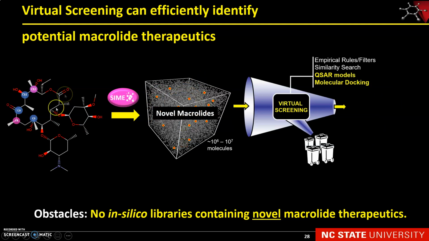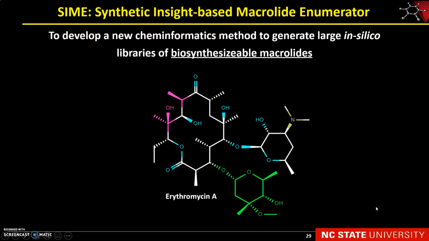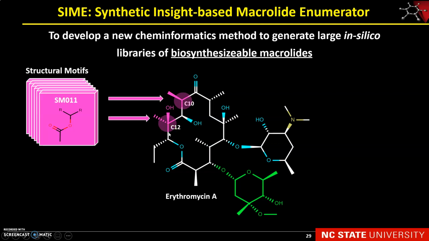So we use this knowledge from multiple different fields and try to design novel macrolides based on it, so that we can find drugs like azithromycin and clarithromycin in a very efficient manner. So in SIME, this is the approach that we're using. You would have a core macrolide structure, let's say erythromycin A, and then you will identify the positions like C10 and 12 that you want to manipulate, and you will provide a list of structural motifs to incorporate at